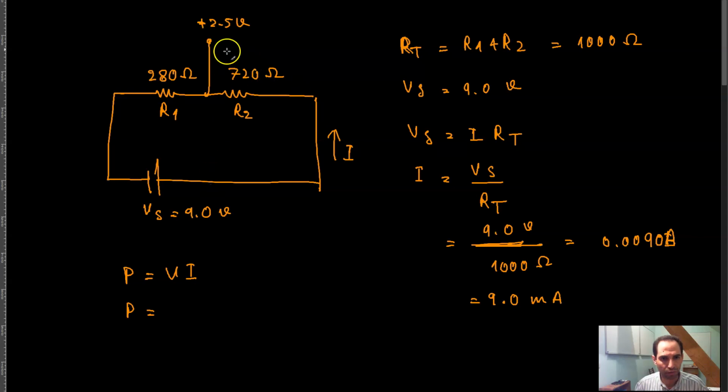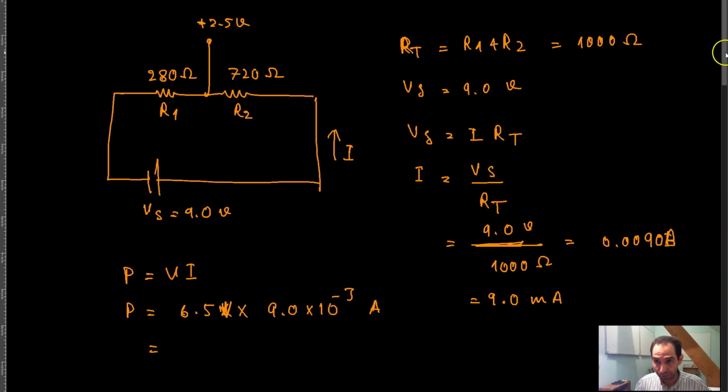Across this resistor there is a voltage of 9 minus 2.5, which is equal to 6.5. So 6.5 volts times this current, 9.0 times 10 raised to the power negative 3 amps, which gives you basically 6.5 times 9